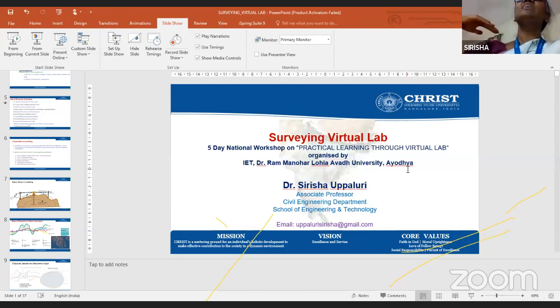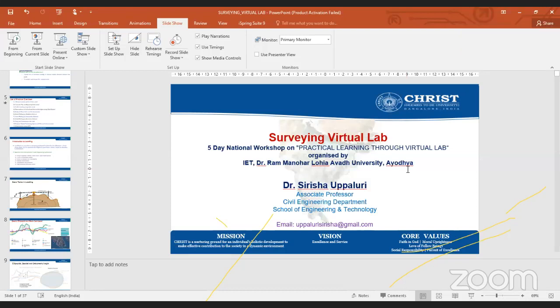Whenever we have a benchmark on the top of a building or something, and your leveling instrument is below the benchmark, then we are going to take the staff inverted. Staff will be inverted in leveling operations, not telescope.